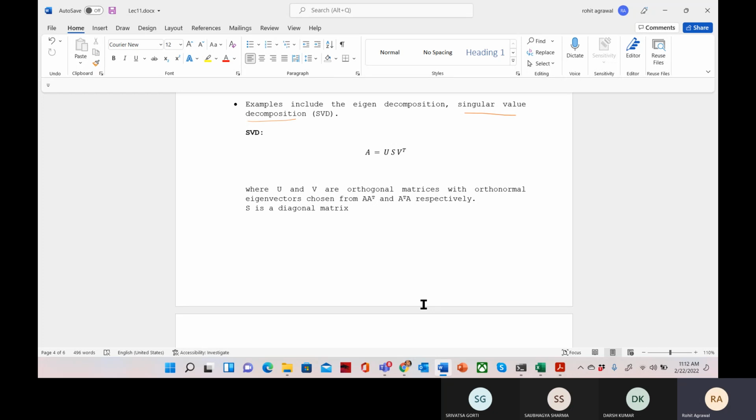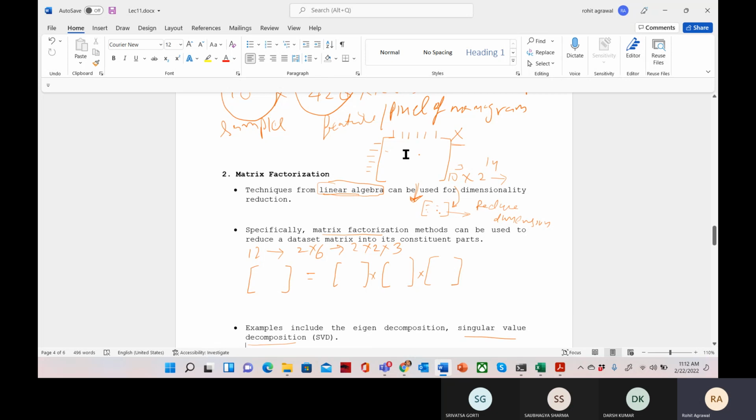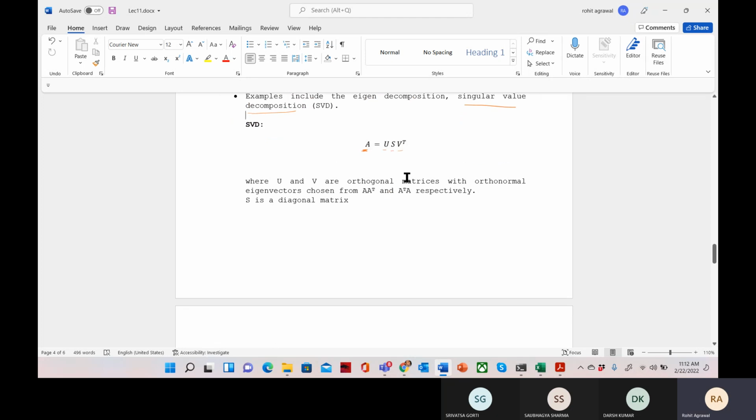Now see, I'm giving you one example, singular value decomposition. What does it mean? The original matrix A is decomposed into three matrices U, S, and V. Okay. So original matrix A, we can compare this with this. Suppose we have this data here, and we are decomposing this data into these three matrices, or these three different data you can see. Okay. So U, S, and V, where